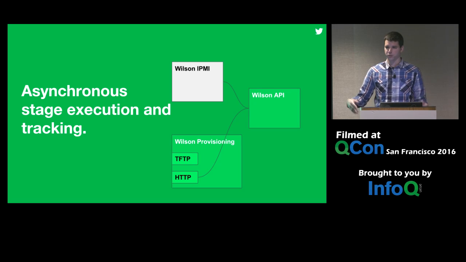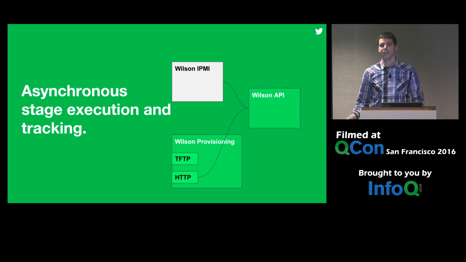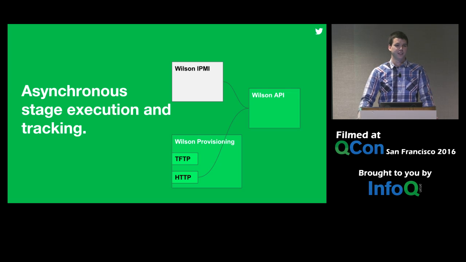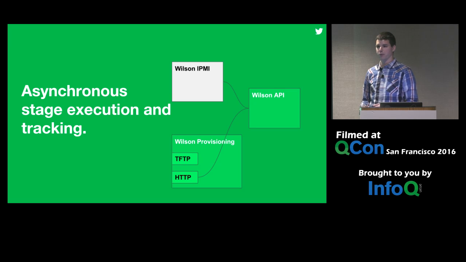The server contacts Wilson provisioning, which goes to Wilson API, gets the BIOS update stage, and that gets passed back through Pixie. The host boots into it, runs it, and then tells Wilson API, "Hey, I have successfully done the BIOS update stage." Wilson API says, "Okay, great, and I will mark that as completed." The host will reboot, Wilson provisioning will again ask Wilson API what stage, and it will say, "Okay, next thing